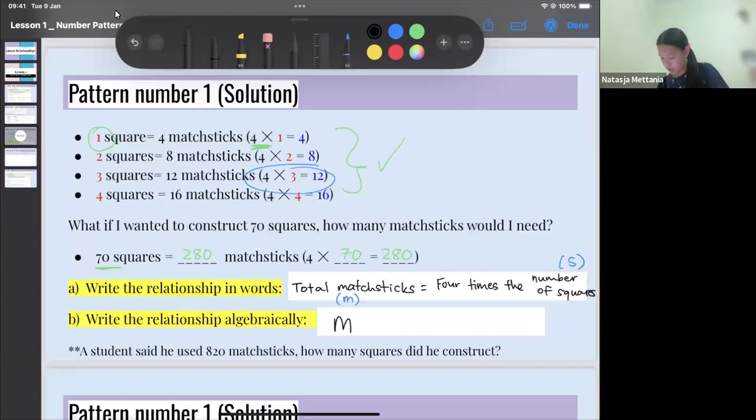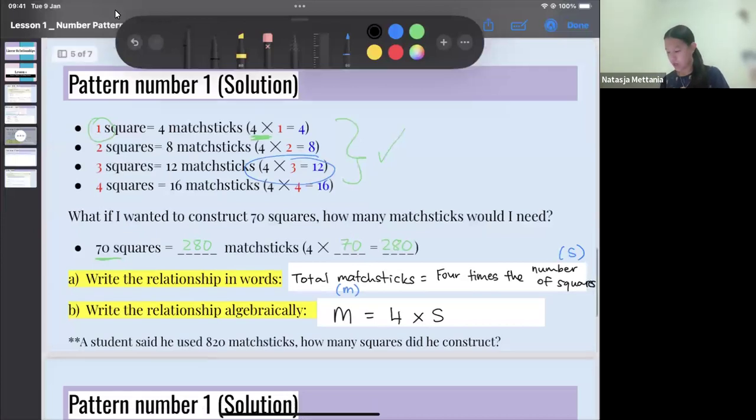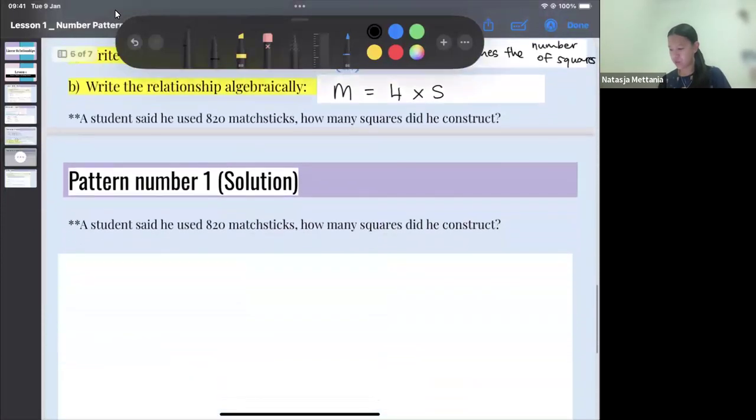Okay, I'm going to write down M equal to 4 times, which if I translate it, means 4 times number of squares, S. That's it. Now, I'm going to use this rule, M equals 4 times S, to find how many squares